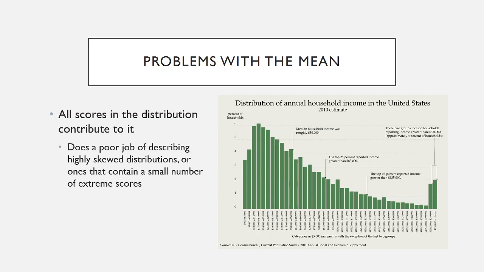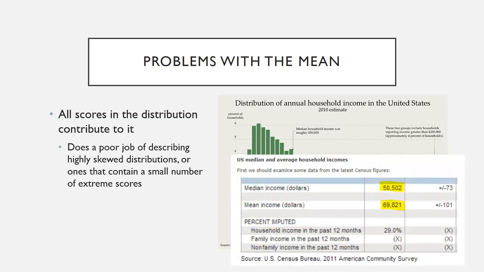And again, income is a classic example where the mean is not ideal to use because the fact that there's some mega trillionaires out there greatly changes what the average income is if you were to calculate it. So, for example, if you were to depict income data in the United States, and look at the difference in median to mean income, you'll see that mean income appears kind of startlingly high. Does the average person really make $70,000 a year? No, not really. We think of the median income as a bit more reflective of who's in the middle. $50,000 a year is much more in step with what we would consider the middle of the road in terms of income. So that's why we tend to use median for income as opposed to mean.